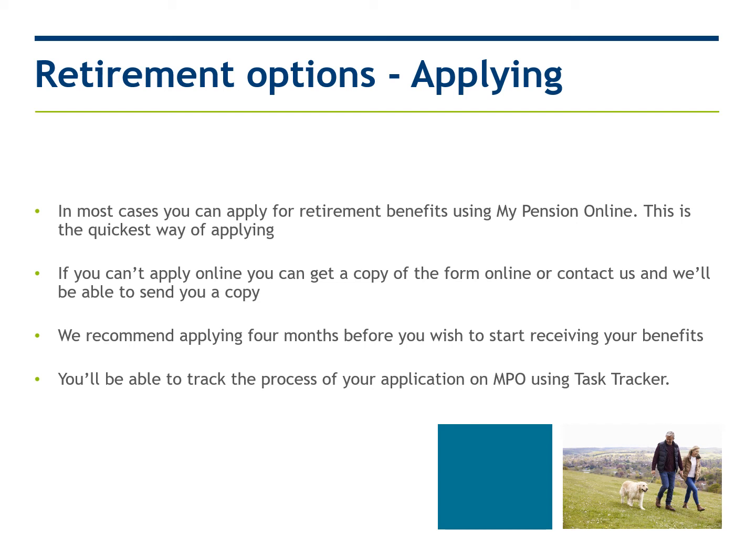After processing your application, any lump sum payments will be made and your pension will be paid on the day of the month prior to your birth date. For example, if you were born on the 15th, then your pension will be paid on the 14th of each month. If this date was to fall on a weekend or a bank holiday, then it would be paid on the last working day prior to this.